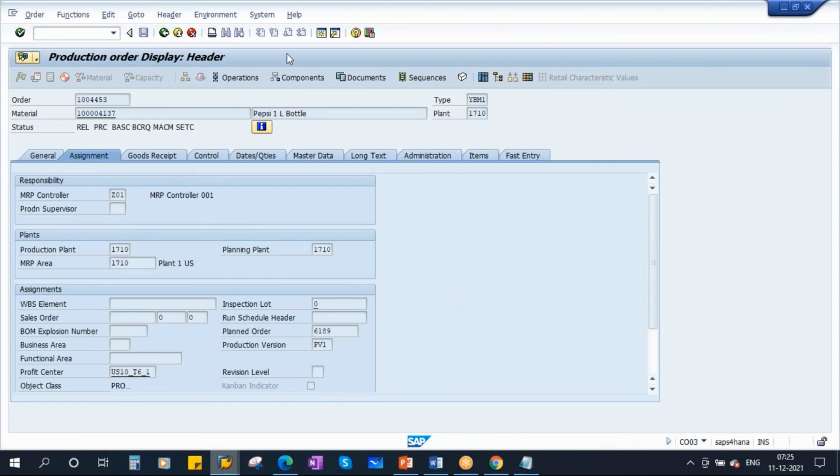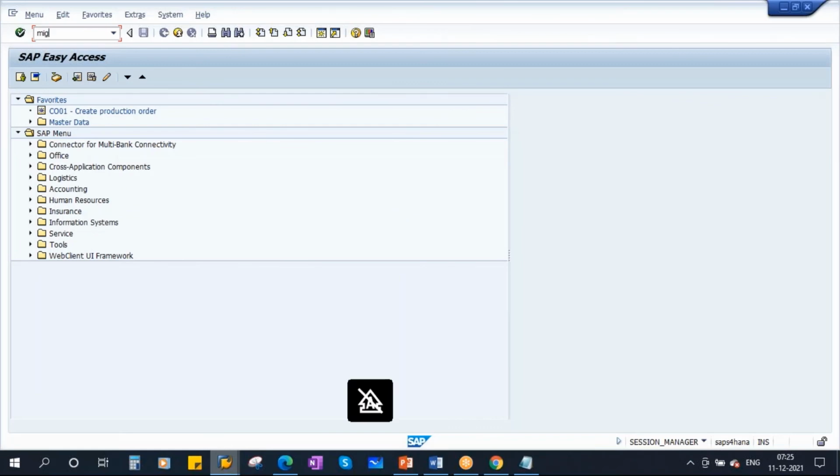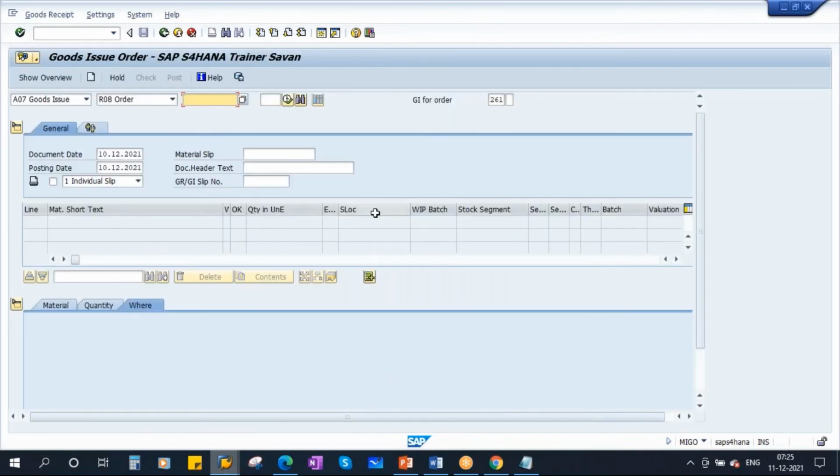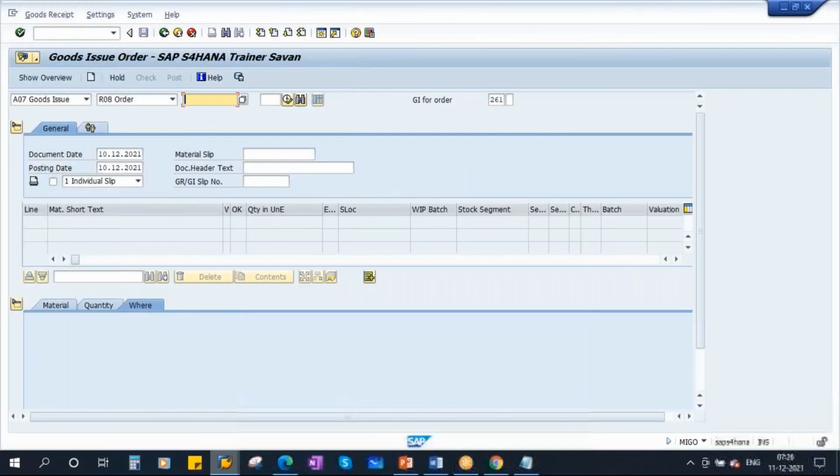Now let's do the goods issue, MIGO. Normally in real time, this transaction execution will be done by the warehouse team. We will not be doing it in real time. The warehouse department will issue the stocks physically, issuing these raw materials as per the requirement. Suppose you have a box here, and for this raw material they need 50 kg. They open the box, take out that 50 kg, issue it to production, and then come to the system and do the posting.